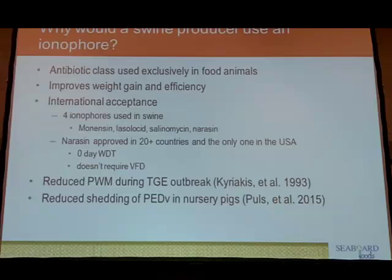There is international acceptance of ionophores, so it makes them attractive for producers all over the world to use them. There are different types of ionophores: monensin, lasalocid, salinomycin, and narasin. Narasin has been approved in over 20 countries, but it's the only one approved for use here in the U.S. And it has a 0-day withdrawal and doesn't require a VFD. So those are some attractive points